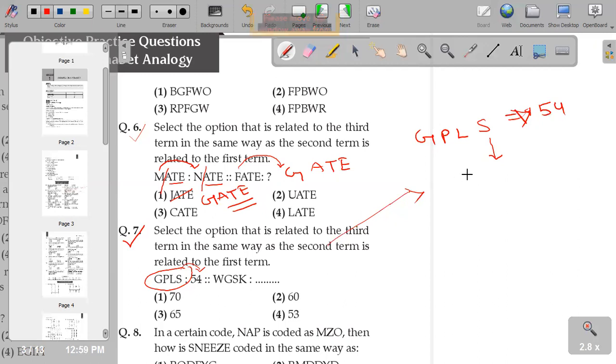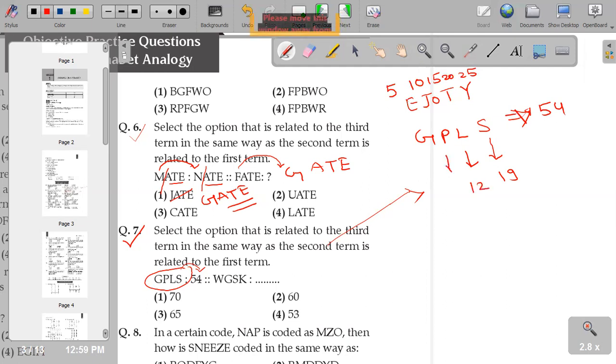I have already discussed how we will take the position of all the alphabets through the trick, the mnemonic of EJOT. EJOT, what did it say? Position of each alphabet: 5, 10, 15, 20, 25. So S is very close to T. If we subtract one position from T, it will become 19. What is the position of L? It is very close to J. So J is 10, so L will be 12.